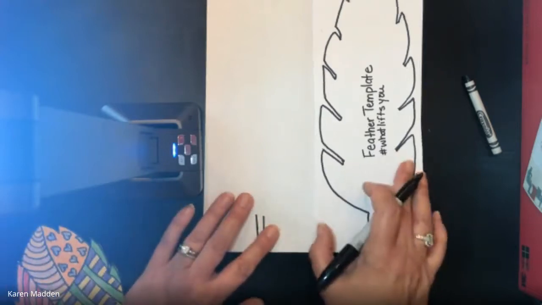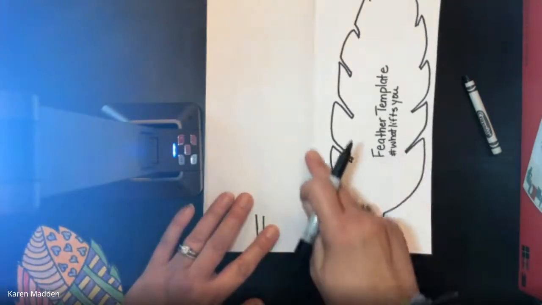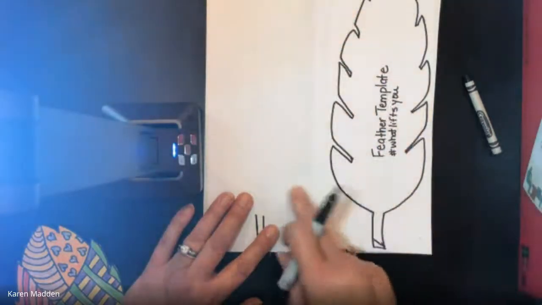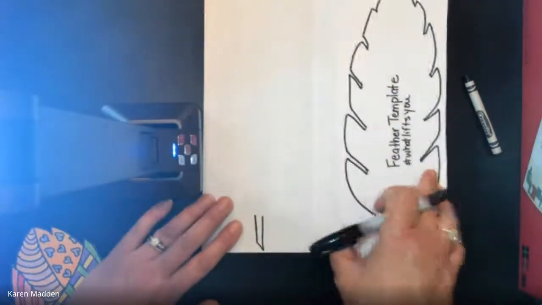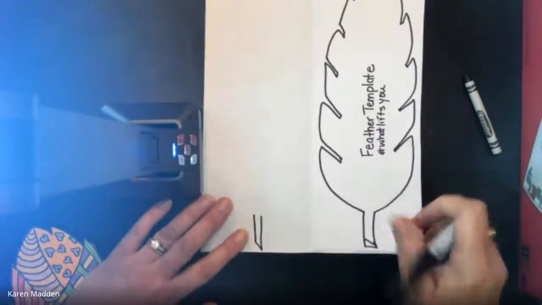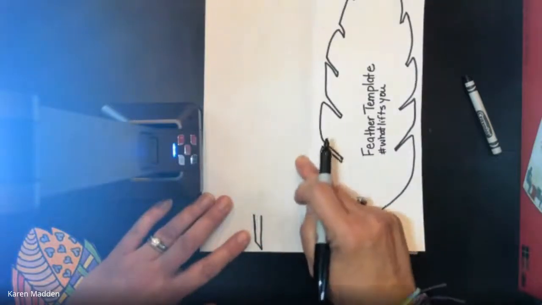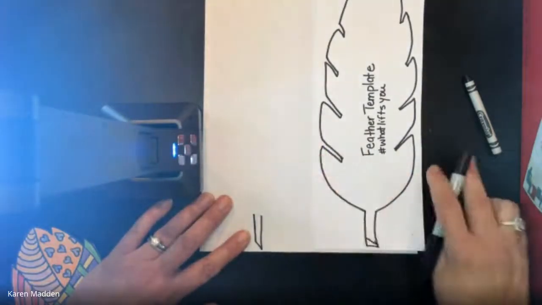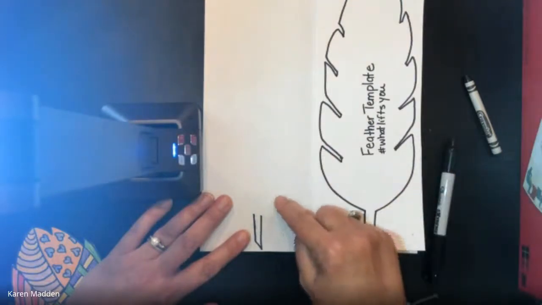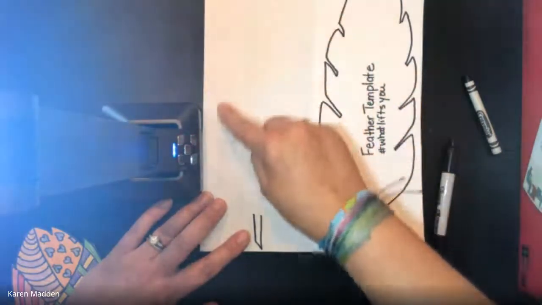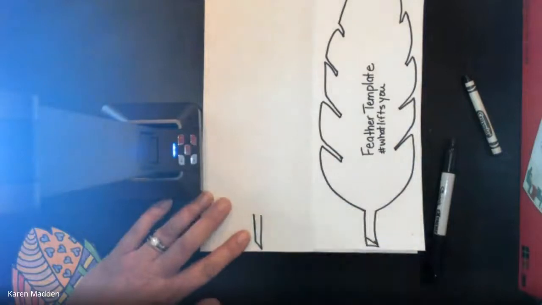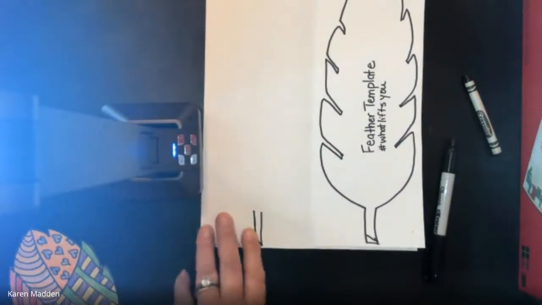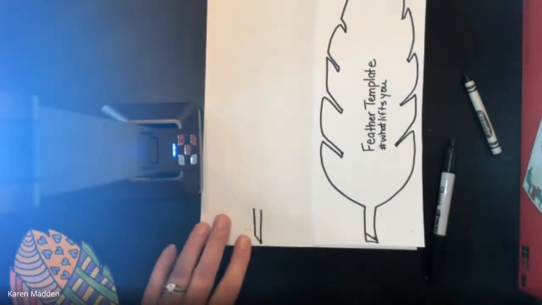Once you've got this line done, I want you to keep in mind this center part, and we're not going to go over to the other side of the paper, okay? Now what we want to do is start drawing our feather line. If you want, you could take a pencil and sketch out the basic shape of a feather. So I'm going to do that now just to show you how we want to keep this feather